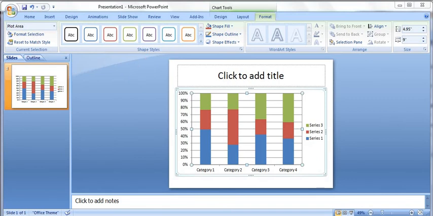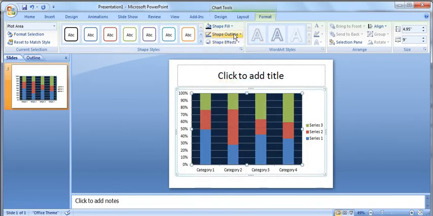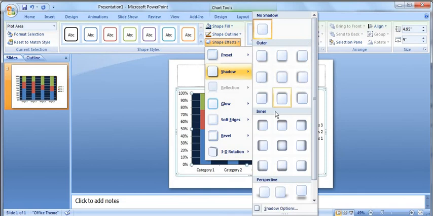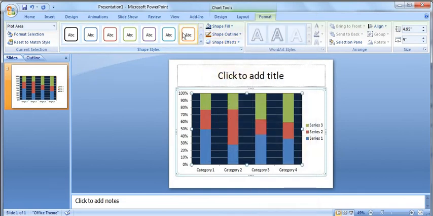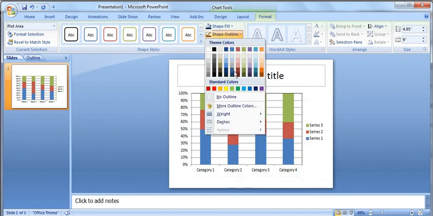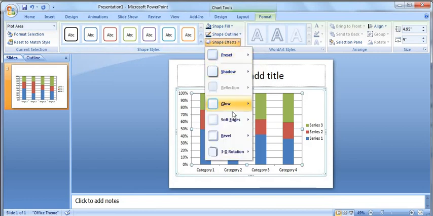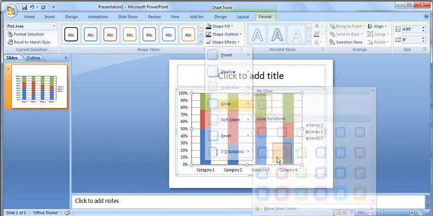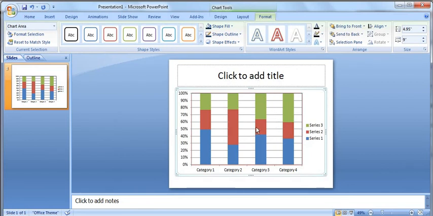Under this, if I click on this, you can change the settings. Suppose I want this shape fill, I will click on this. For shape outline, I want this color, and for shape effect, I want the shadow effect like this. This is dark, that's why it is not visible. If I click on any kind of shape outline, and after that any kind of glow or shadow like this, you can see the shadow outside this boundary. Like this you can change the settings.